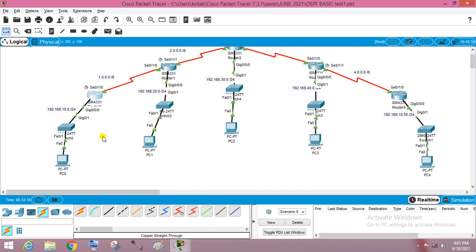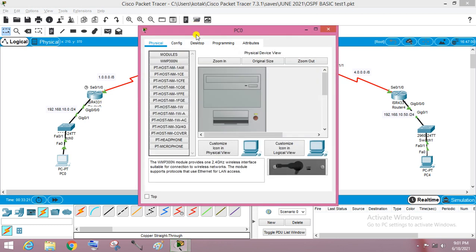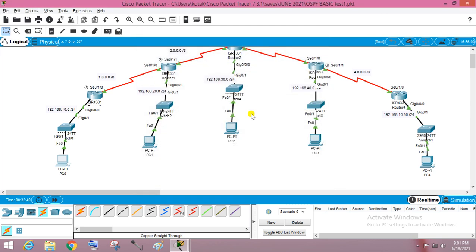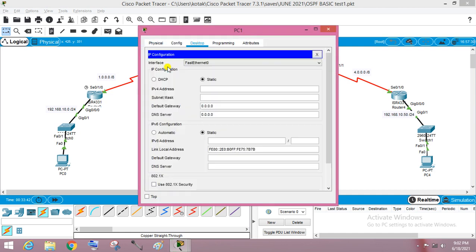Okay, so first assign the IP address on this PC also. I am giving only a static IP currently, 192.168.10.3, class C IP address, and its default gateway 192.168.10.1. Same thing, going to this network: 192.168.20.3, subnet mask, and gateway 192.168.20.1.